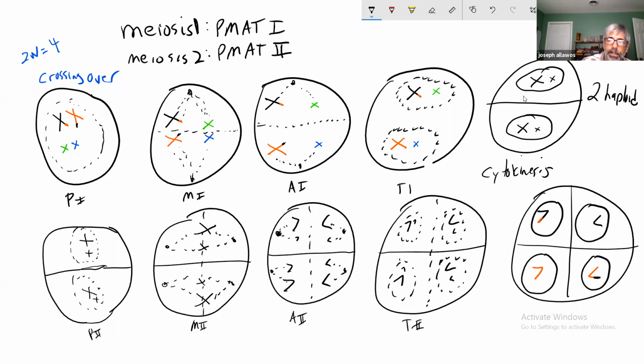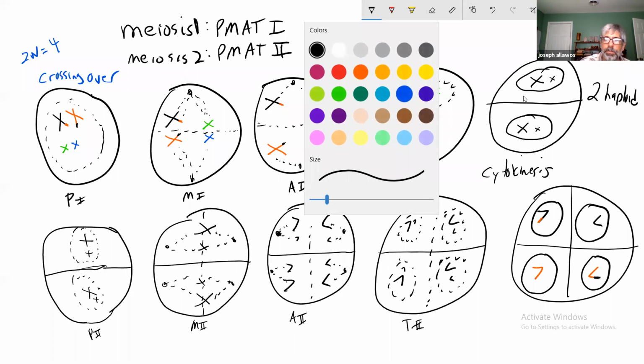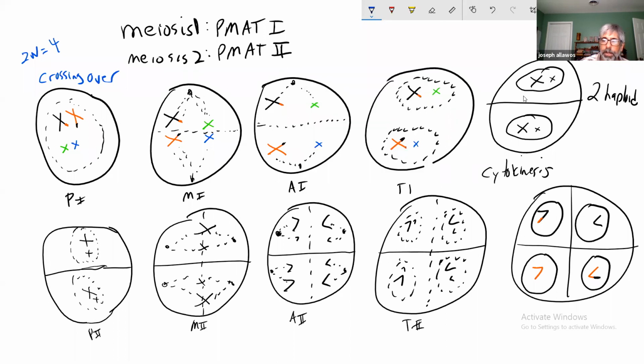Oh, I forgot to put my black in on this one. Okay. And then what's left, that took care of the crossing over, so we have some blue. We have a blue and a blue. And then we have green. We have a green and a green. Okay. So now check it out. What are these cells? Now we have 4 haploid cells. And what these cells are, what they represent, are the gametes,